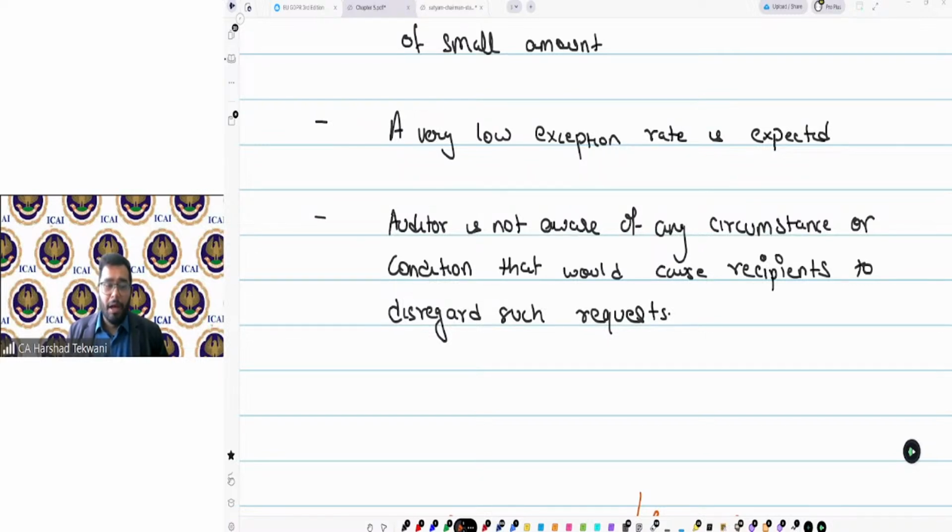A low exception rate means that when I am sending a confirmation, there is a low chance that there will be a deviation in the response. Let's say I am asking whether this is the percentage you charge or this is the amount you charge, and there is very little chance that he will quote some other number.